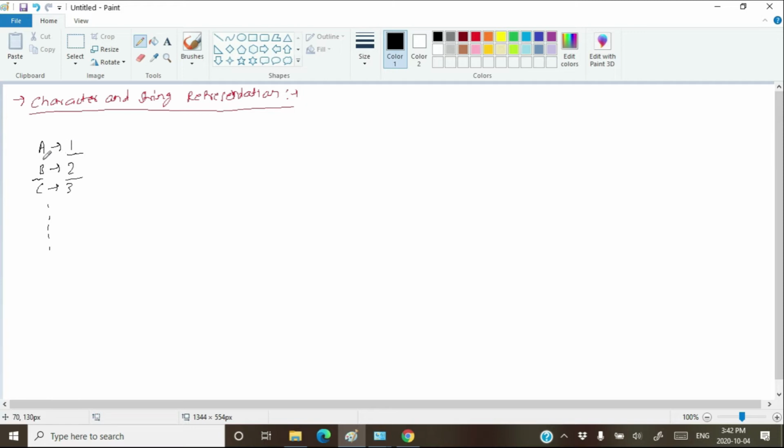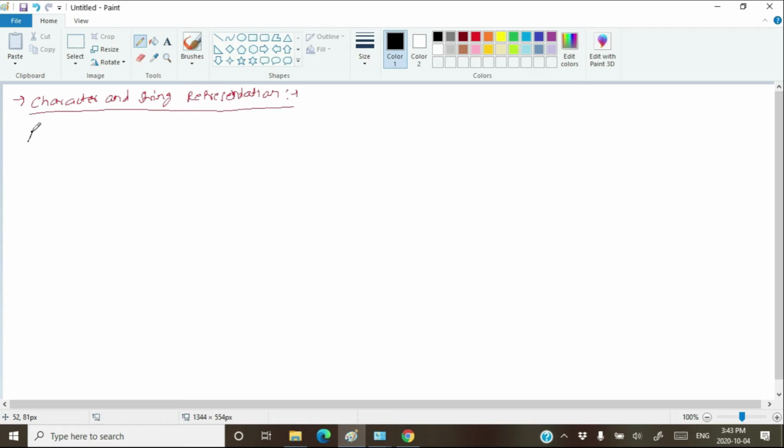That means if in my computer 1 represents A, and in your computer 13 represents A, then we will not understand each other, because I will send the binary of 1 for A, and you will be expecting the binary of 13 for A. So you will never interpret the binary of 1 as A. That's why all the computers and all the websites in the world have to agree on a common character to number mapping. And that character to number mapping is called ASCII code.